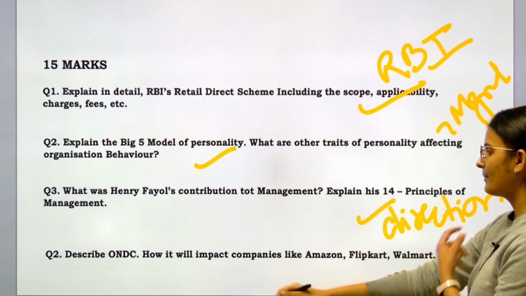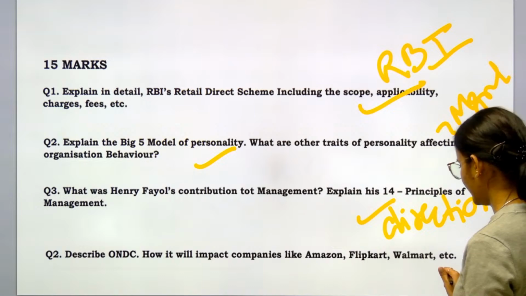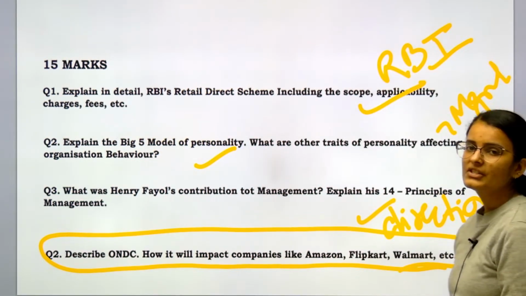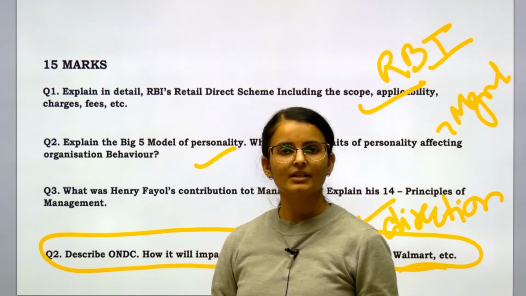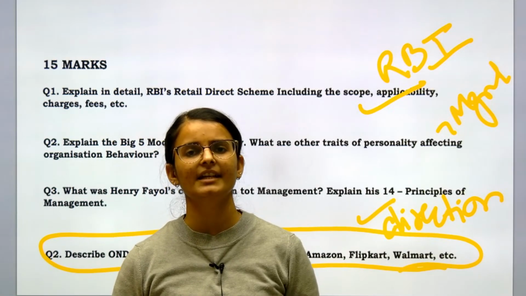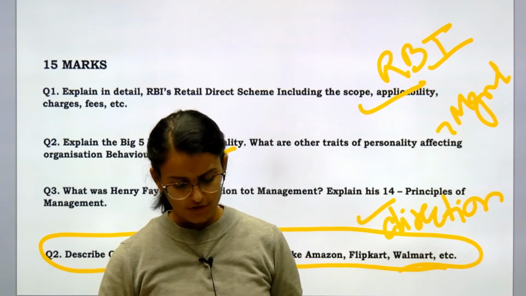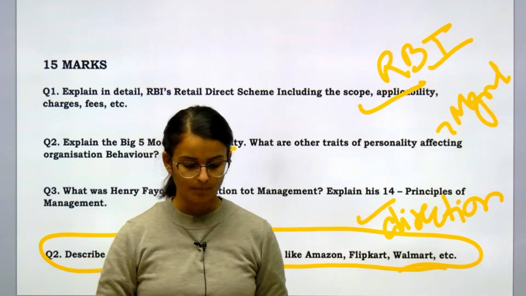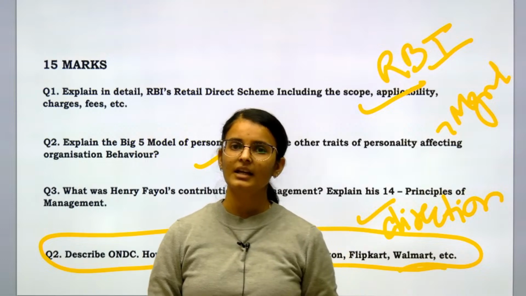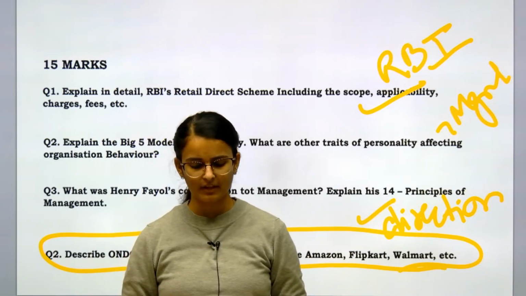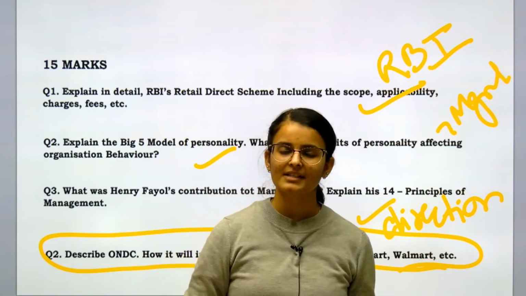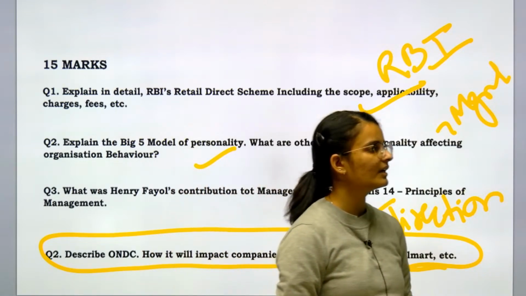Describe ONDC. Will it impact companies like Amazon? See, such questions. It is not just enough to mug up the name, that if ONDC is in the news, what they will ask. I've told you, you have to study the news from a 360-degree angle. And what is the 360-degree angle? First, you should know about the scheme itself. Purpose of the scheme, why it was introduced. What will be the effect of the scheme at micro level, if it is related to something at micro level. If not, then what it will do at the macro level, how it will impact the private sector, how it will impact the government sector, everything.